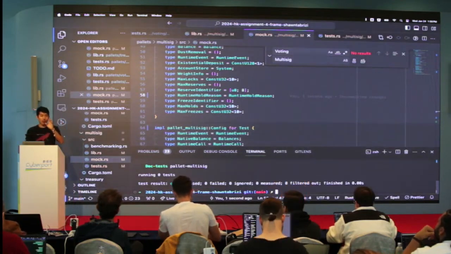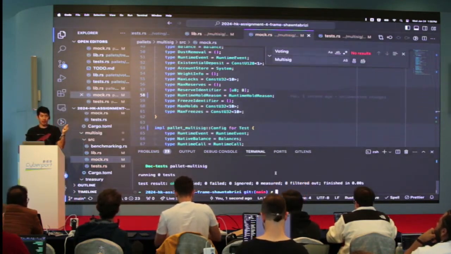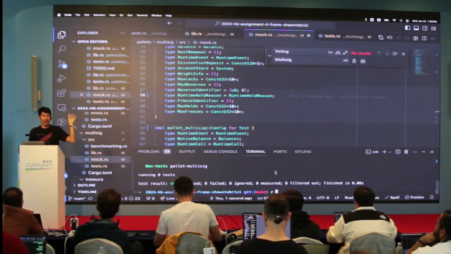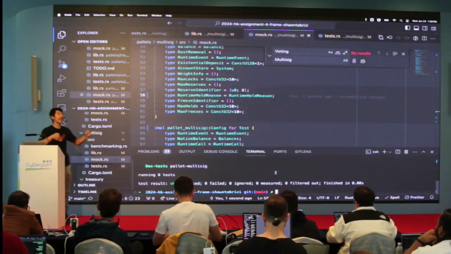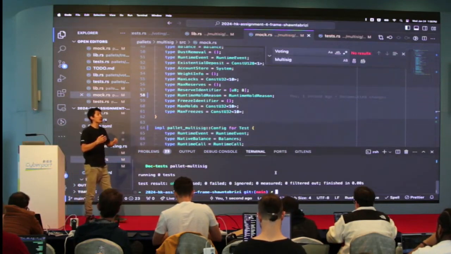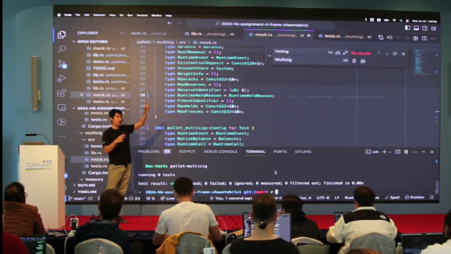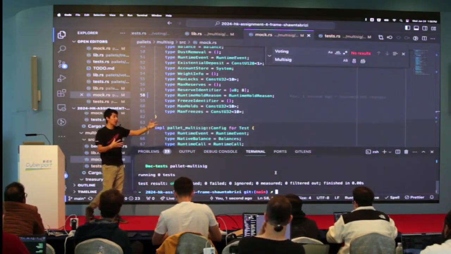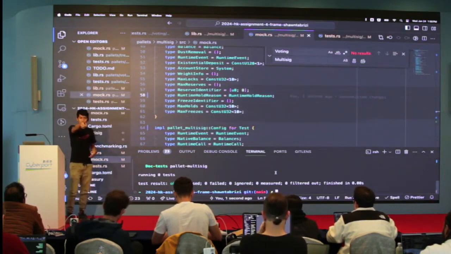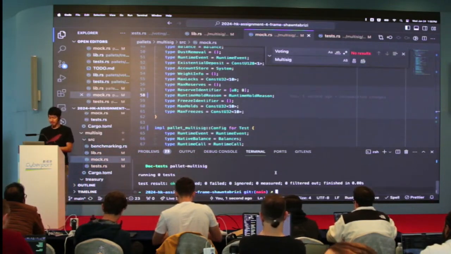Now, I want to add one more thing to this process. But why don't you do your question first, and then I want to add one more step, which is for the DEX users: I can show you how you can, for example, make the native balance and the asset balance the same type, or have the asset ID be a specific type that you want, okay? But let's ask, can we get a mic over here and you can ask your question?